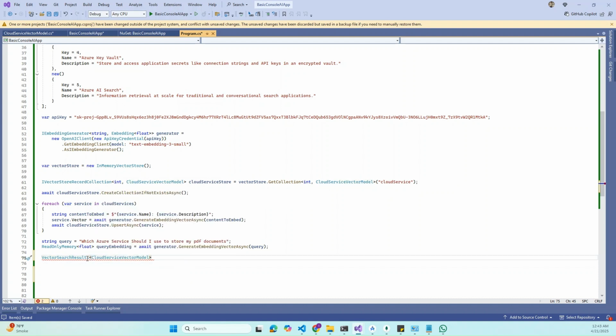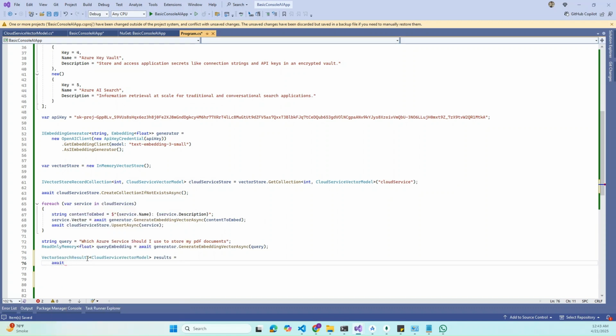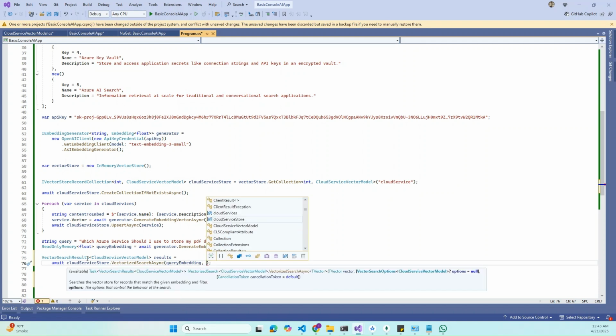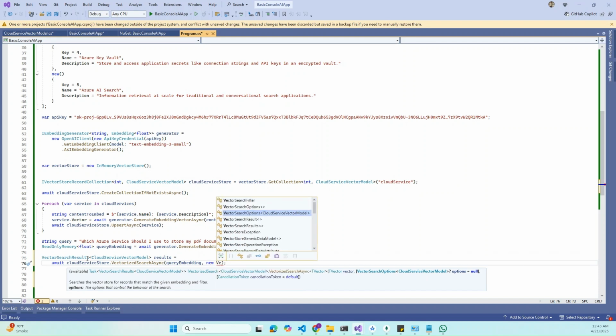This is the name of my vector model, and I will say the results is equal to await, and then I will provide the store, and in the store I will say the vectorized search async, and then I will provide the query, and then I just need to specify the class on which this vector search will perform,